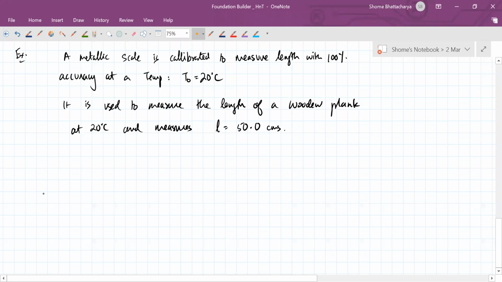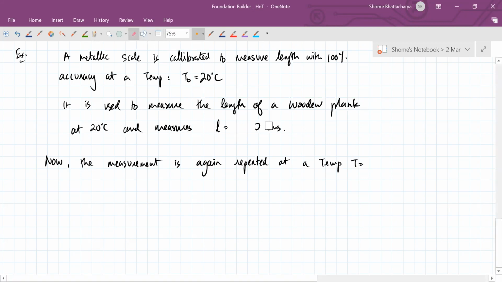Okay. Now the measurement is again repeated at a temperature of,